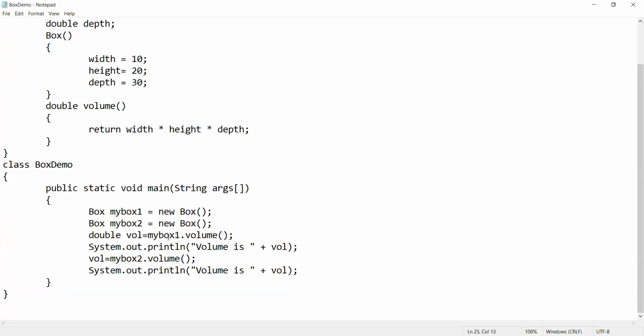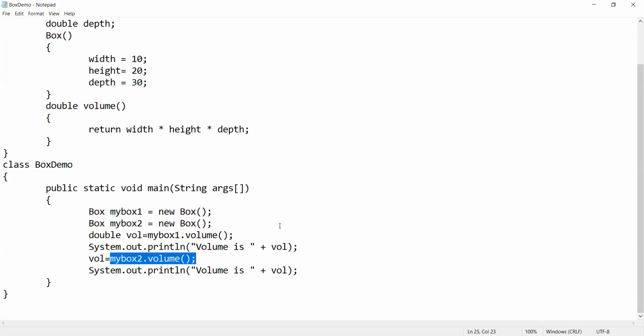Clear now. First I created box1, and I am calling box1.volume and printing. And second, I am creating one more object, myBox2, calling the volume method, and printing again.